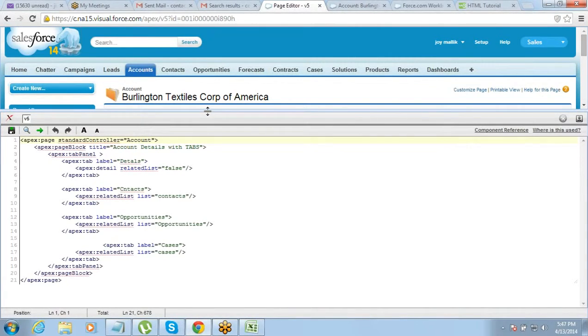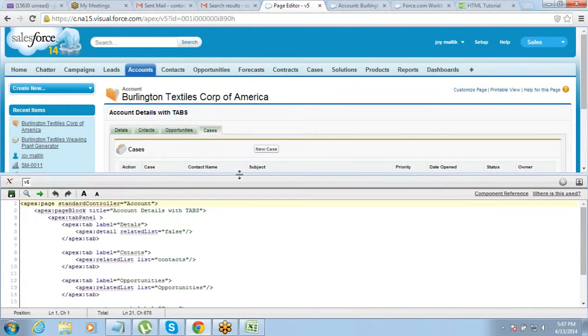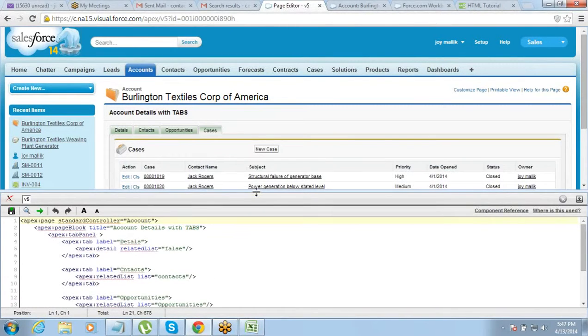Fine. So we'll create different tabs, and under each tab whatever content we want, we just have to put that. It's very simple. Okay.